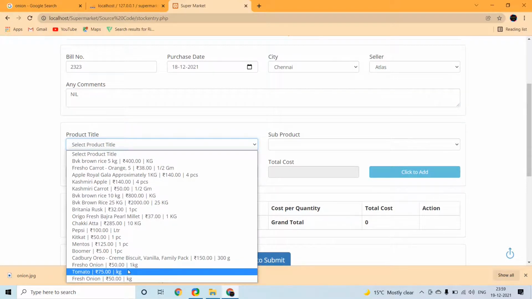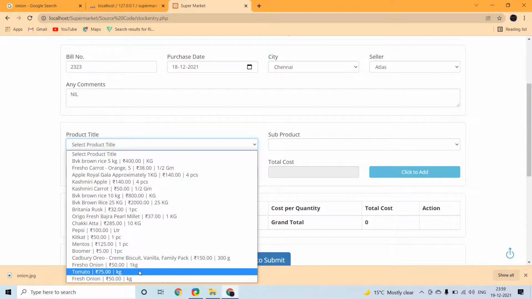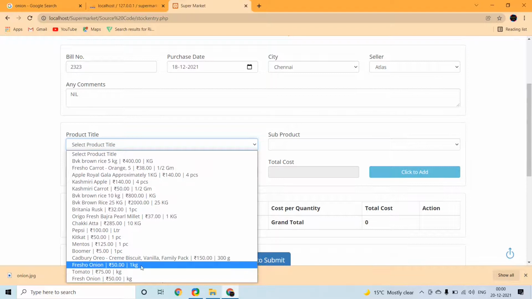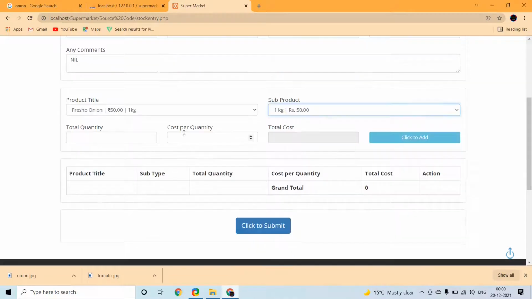Here we will take tomato, fresh onion 50 rupees, tomato 75 rupees per kg. Sub product 1 kg rupees 50. That we have just now added this product and product title.